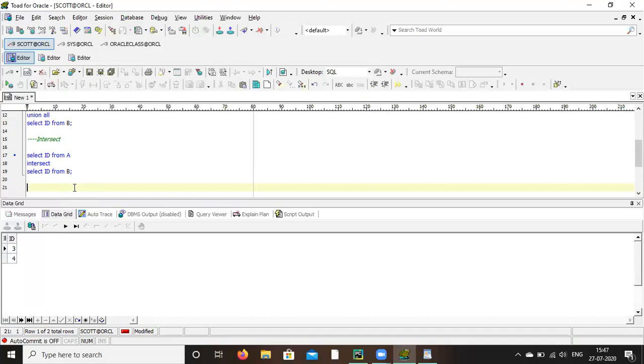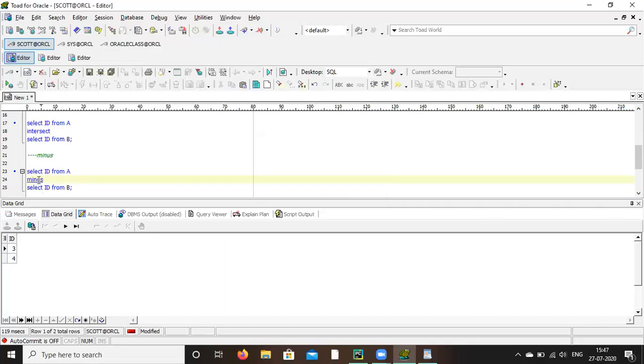Now next one is minus. Minus means A minus B, that means from A we remove B. So 3, 4 are removed, and the remaining from A is 1, 2.